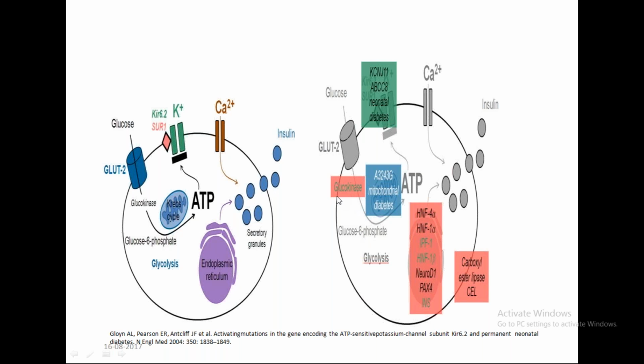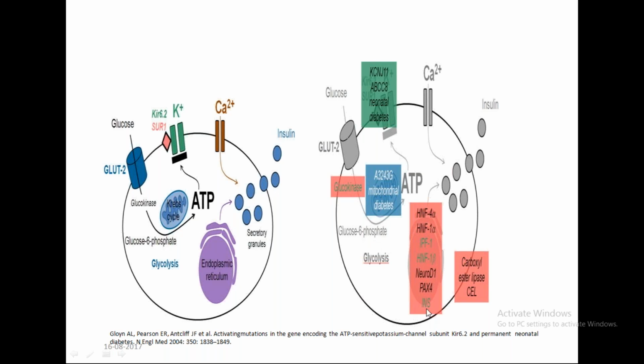See here, glucokinase is there in the second step. This glucokinase is involved in the second type of MODY. You come across these channels, KCNJ11, ABCC8, and these are involved in neonatal diabetes. And if you come across this particular gene after the glucokinase, where the ATP is produced near the mitochondrial level, there is something called the A3243G gene. This is involved in